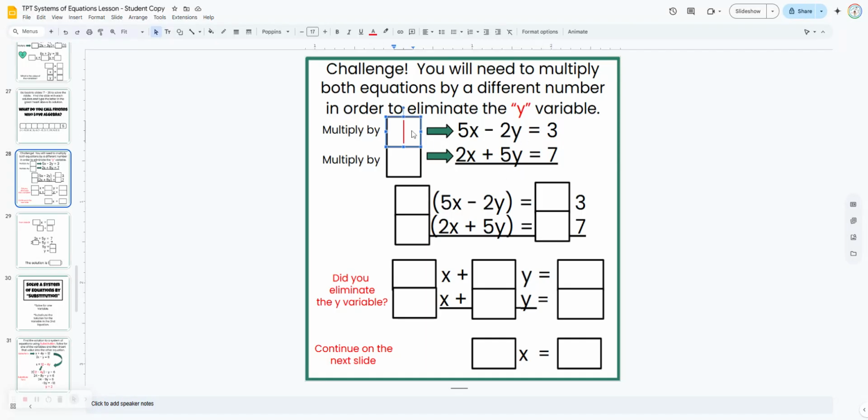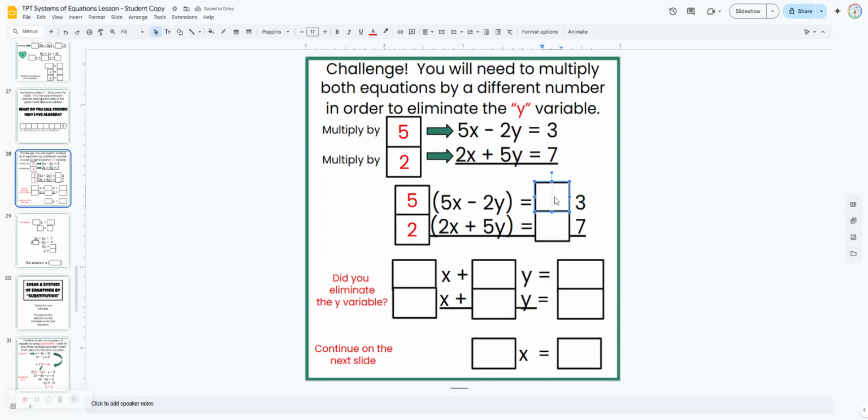So I could multiply that first equation by 5. That would give me negative 10y here. And I could multiply the second equation by 2, and that would give me a positive 10y here. So students are just going to be looking to see what they could multiply in order to eliminate the y variable. I could also multiply this by negative 5 and this one by negative 2. Still going to end up with the same solution. So here, if we choose 5 and 2,